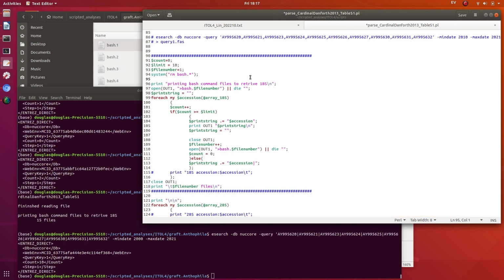limiting the number of queries to a specified number. So that's here. I'm just putting 10 into each file. Initiate the file number, open an output file handle called bash dot file number, go through all the accessions in the array for that gene,